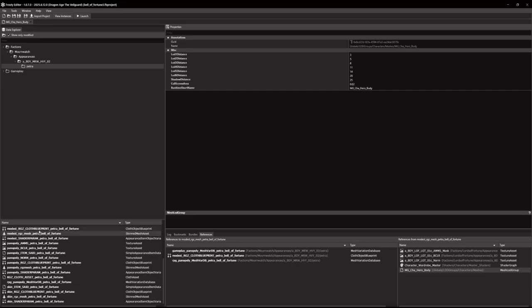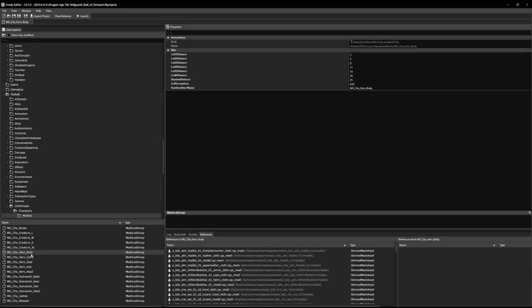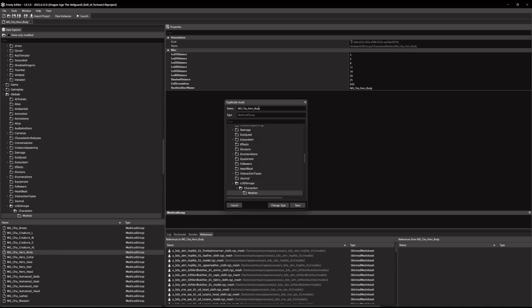So I am going to highlight one of my meshes down here, and over on the references, there's this file called MG character hero body. I double click to open that, and I'm going to click find open asset, and right click, duplicate this, and then I'm just going to say